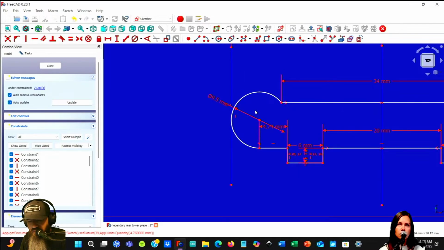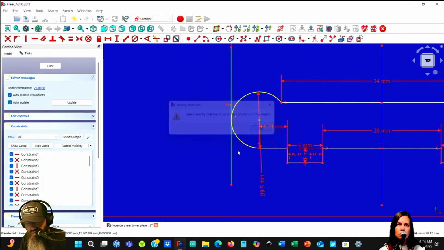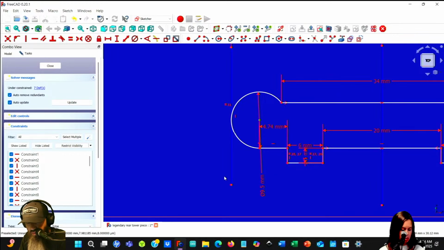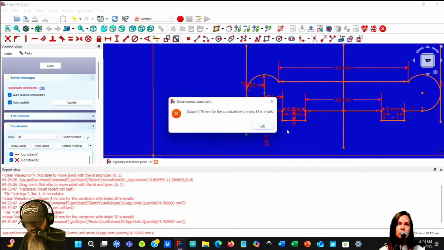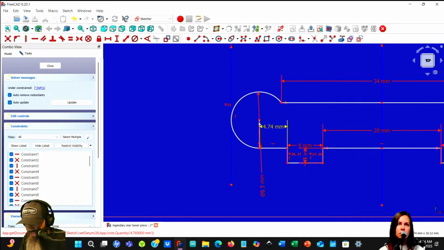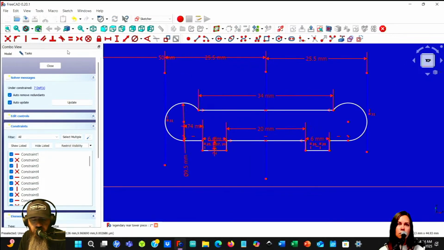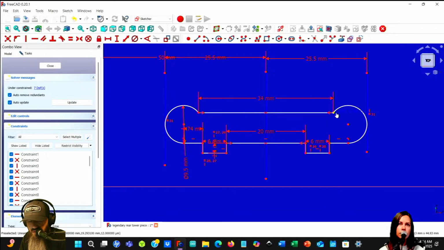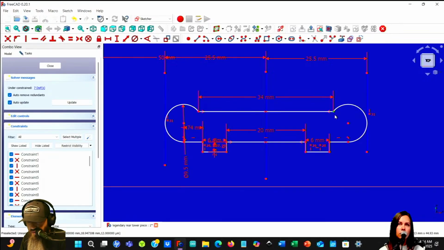Okay, it's not going to let me do that either, apparently. I don't know why I can't do a certain distance. Maybe I can do it from this dot to this dot. So, let's see. I need to fully constrain it. Constraining means holding it in place. You see how I can move that up and down? Oh, yeah. Okay. Let's do it from here and try this.